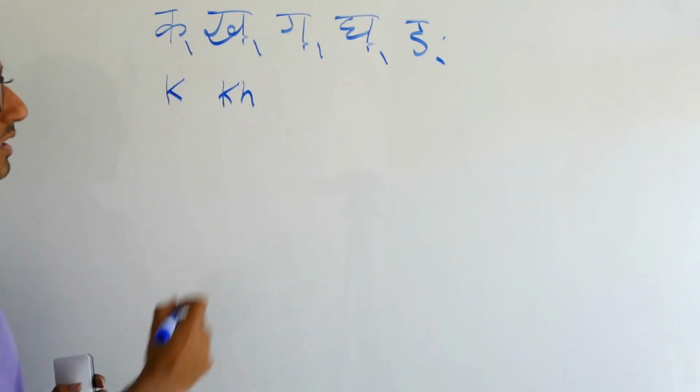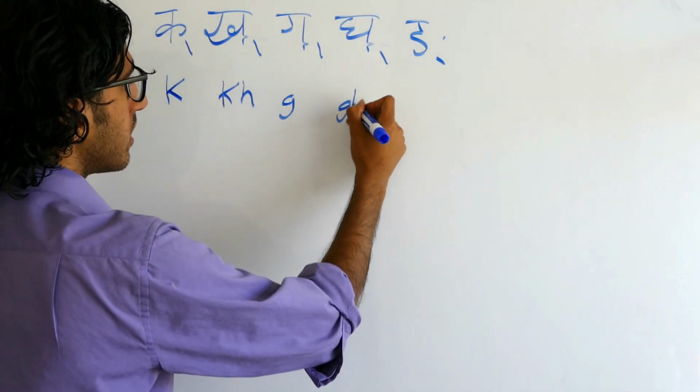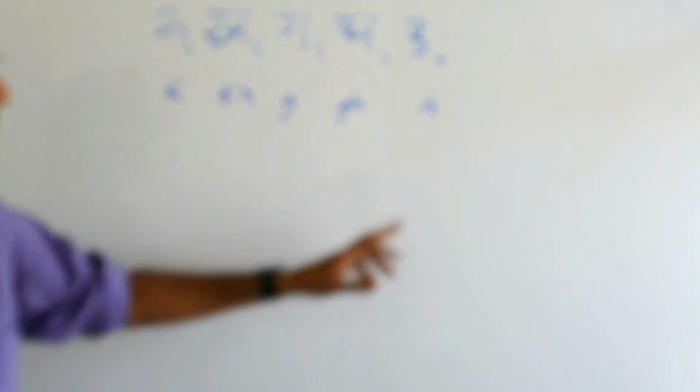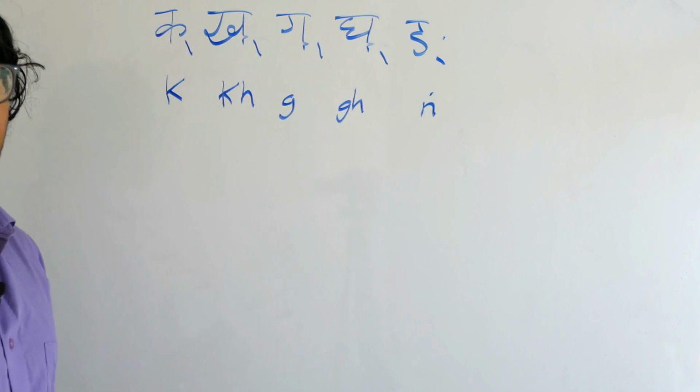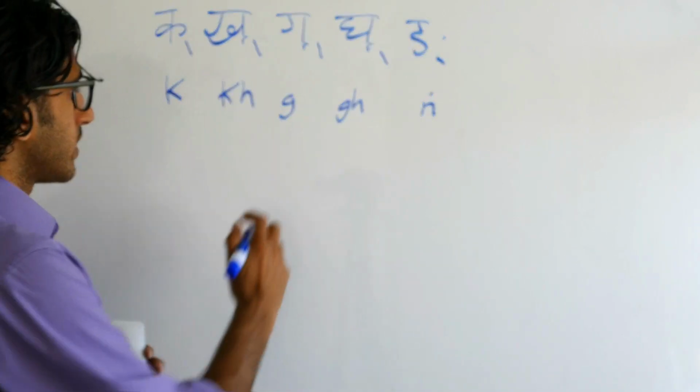K. This will be a g. This will be a g. And this will be a ng, like that. And with the dot above, g, g, k, k. That's it. Now, if I were to actually say it with the a sound, then we'd be writing k